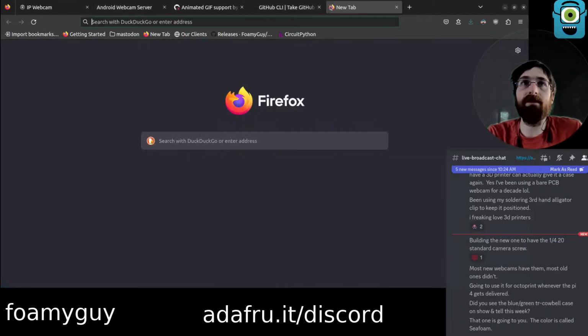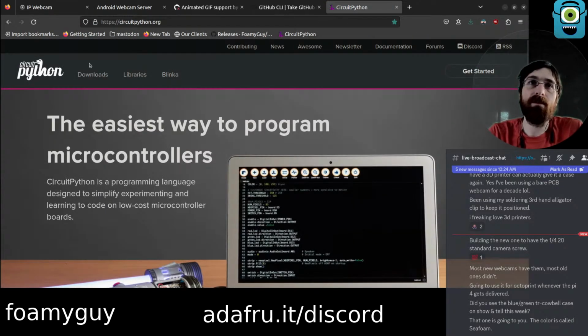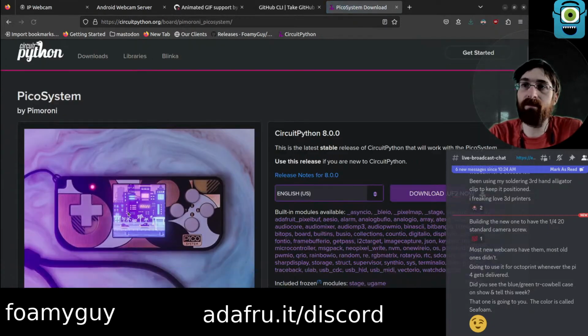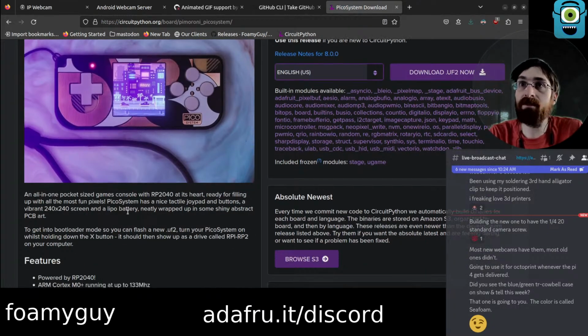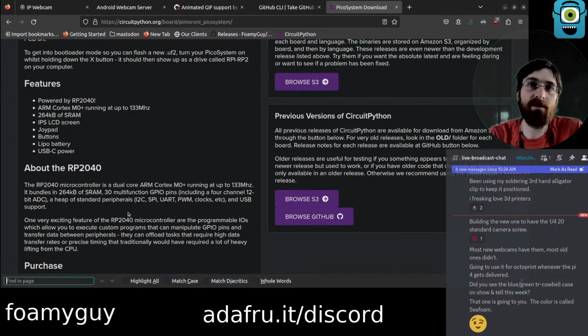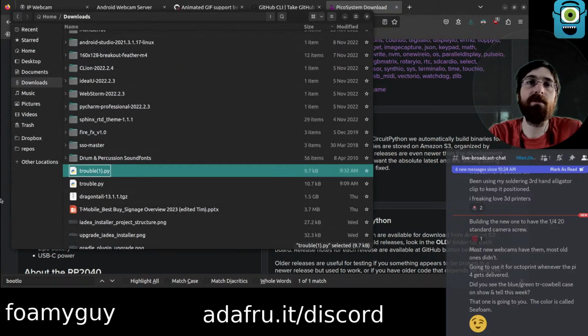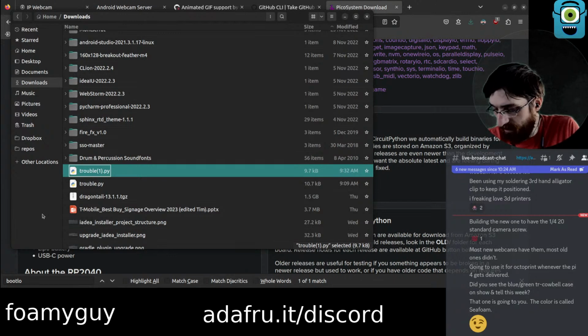Yeah, I gotta find how to get back to it, and I don't have a build yet, but we're gonna have to figure this out in order to use our build. Is this how to get into bootloader? Turn your Pico system on while holding down the X button. So that's actually what I tried, but it didn't seem to work. That was what I had in memory. I guess not X. That's definitely X. This doesn't turn on.